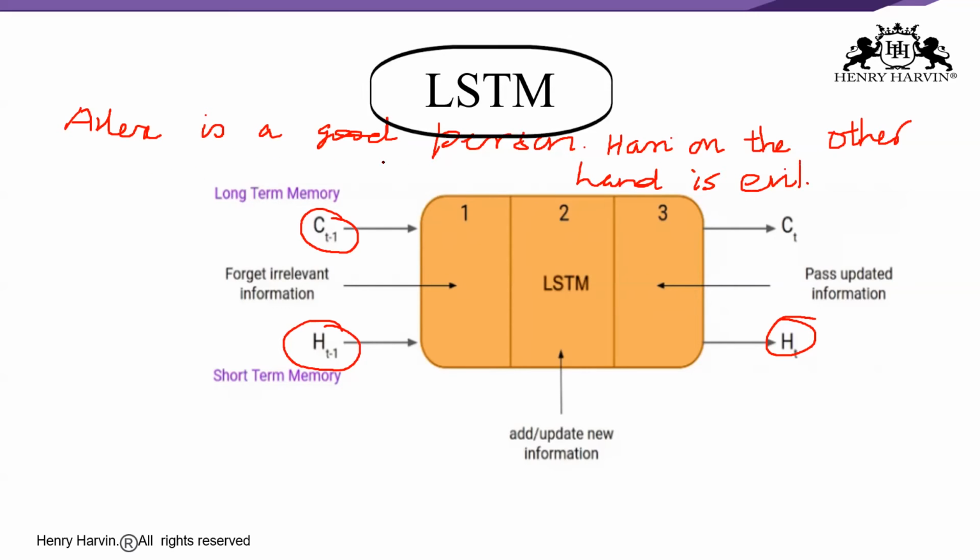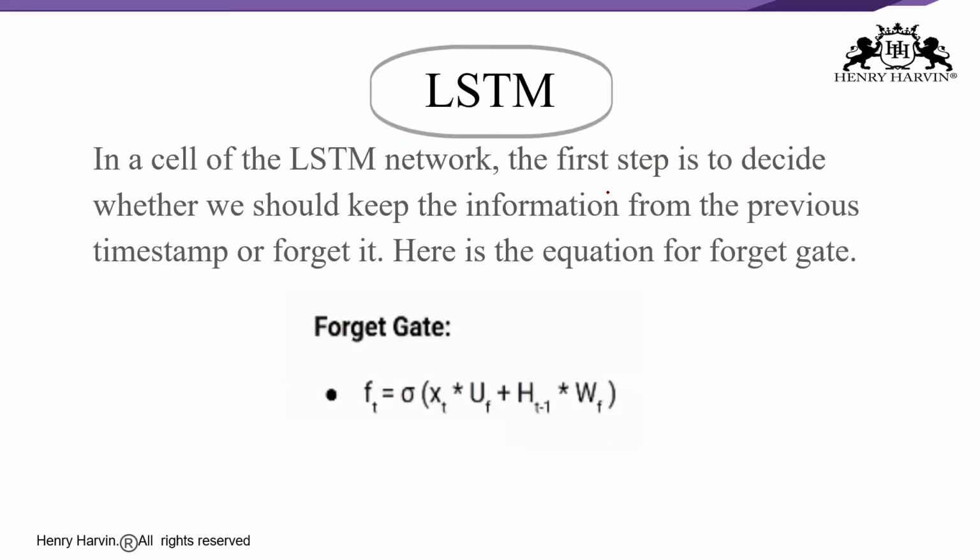So we have two sentences here separated by a full stop, right? The first sentence says that Alex is a nice person, and the second sentence is that Harry on the other hand is evil. So it's very clear that in the first sentence we are talking about Alex, and in the second sentence we are talking about Harry. So as we move from the first sentence to the second sentence, our network should realize that we are no more talking about Alex, right? Because now our subject is basically Harry, right? So here the forget gate of the network allows it to forget about it. Hope I'm clear, right? So this is what we have to understand about the forget gate.